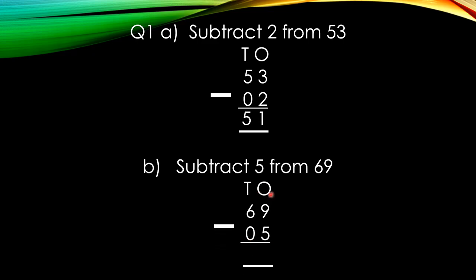Now we will start from ones place. So keep 9 in your mind and open your 5 fingers. Now we have to speak counting, that is backward counting. Okay, before 9. So let's start counting. 8, 7, 6, 5, 4. So we will write 4 here at ones place column. And 6 minus 0 is 6. So our answer is 64. Understood beta?